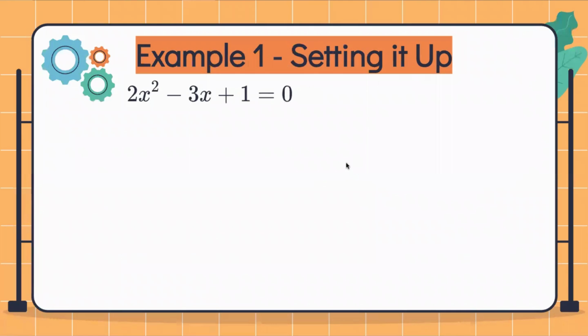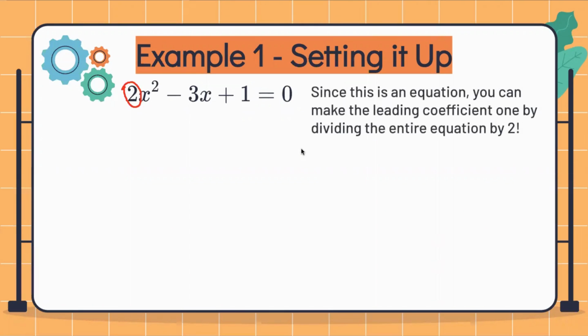Here is our very first example. We have 2x squared minus 3x plus 1 equals 0. Now notice in this quadratic equation, we have a coefficient of 2 in front of our x squared. So we're going to have to find a way to make our coefficient 1. Now it's pretty simple. Since this is an equation, you can make the leading coefficient 1 just by dividing the